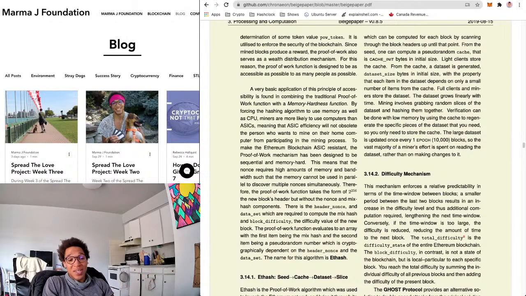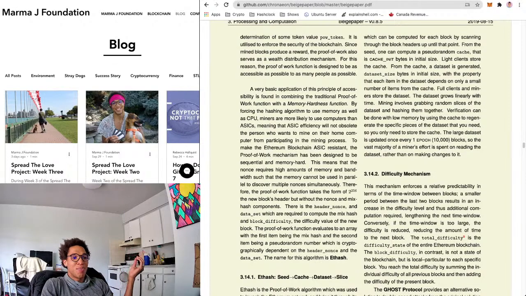I don't care what anyone says to me. Bitcoin is not accessible. Ethereum 1.0 is not accessible at all. It'll start to be accessible when you get to proof of stake, if it works. And so, anyways, I am not going to read this because this is just talking about Ethash and the